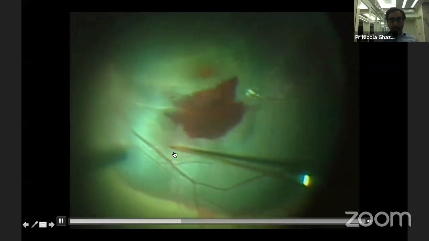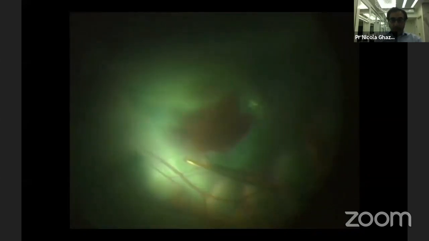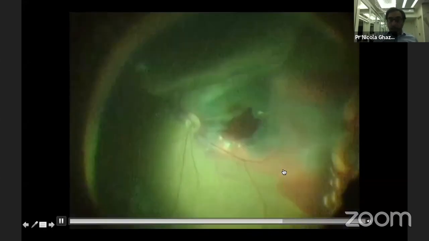And then we choose an avascular area and we inject into the clot away from the fovea very slowly in order to avoid a full thickness macular hole formation. You want to bathe the whole clot with the fluid cocktail, as you can see here. And in these cases, detach the inferior retina so that the blood can displace inferiorly. Then here I'm adding subretinal air, which is a technique that was described by Tamer Mahmoud. The aim of the air is to decrease the buoyancy of blood and help displace it inferiorly into the inferiorly created bleb. You can see here in a little bit that the blood is already being displaced